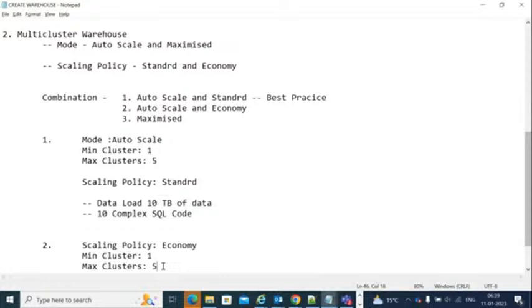Yes. Means in this economy, whenever we select the scaling policy as economy and run the queries, it will wait for 6 minutes approx. After that, no. Internally, it will not wait. Internally, it will calculate whatever you submitted, 10 queries. It will consider that it received the 10 queries, and whether it can complete these queries within 6 minutes or not. If yes, I am able to complete these queries in 6 minutes,